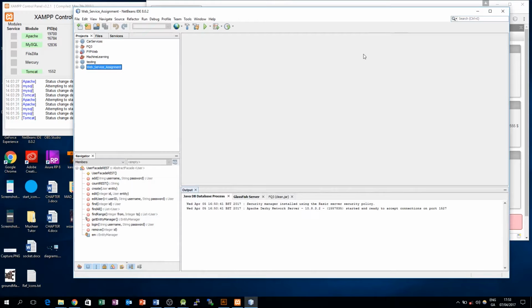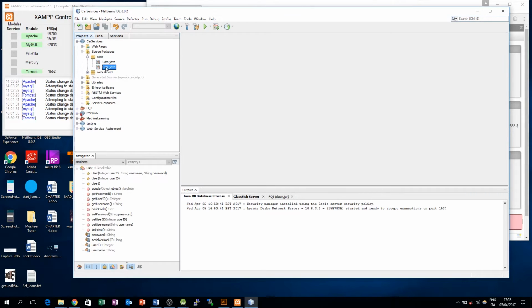Hi guys, I was asked by somebody would I be able to carry on with the program and be able to do a login. So we'll quickly run through how I would do a login using a web service. So if we go back to our project car services, and if we look at our source packages, we have two entities. And if we go into user,